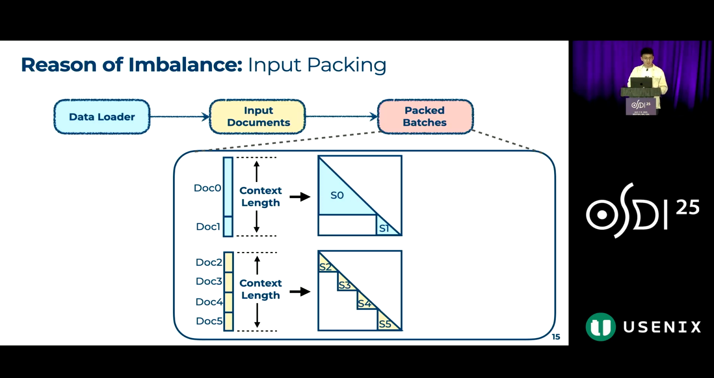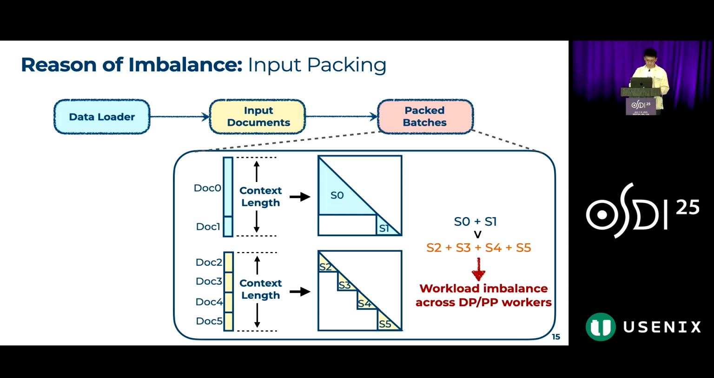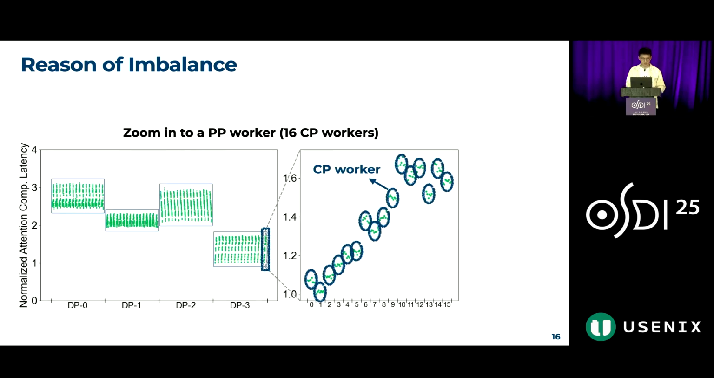So here, we do some attention masking, and the area of each triangle represents the amount of attention computation workload of each document. As we can see, the blue area is much larger than the yellow area. So this causes the workload imbalance across DP and PP workers. And next, we zoom into a single PP worker to analyze the imbalance at more inner dimensions, like context parallelism